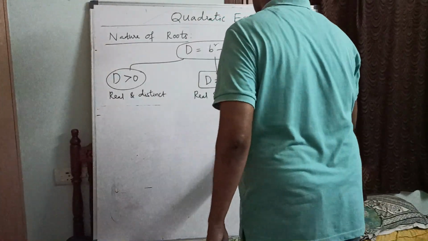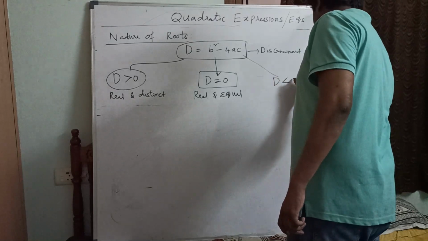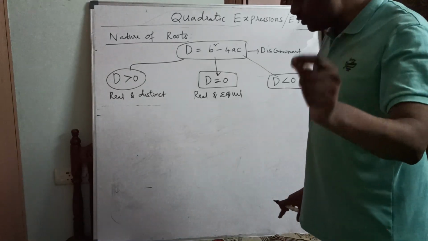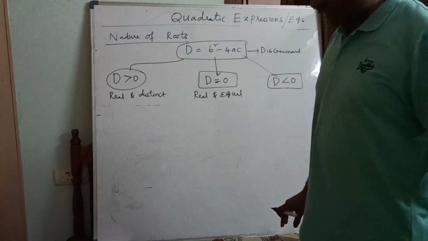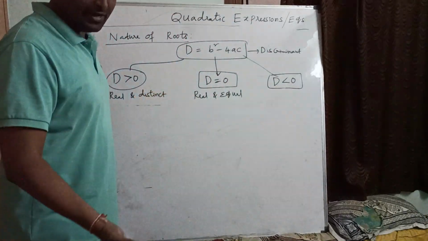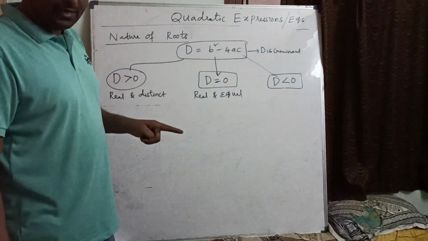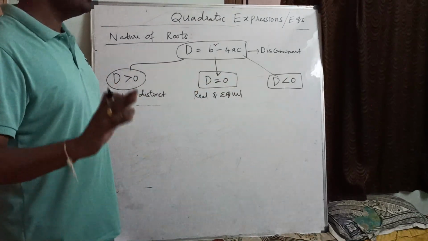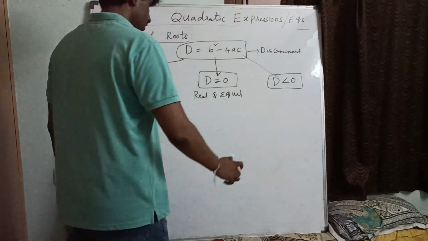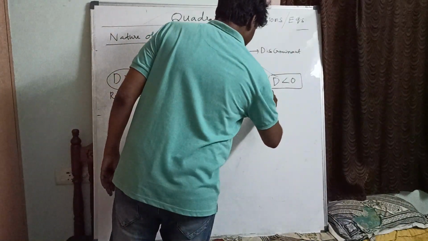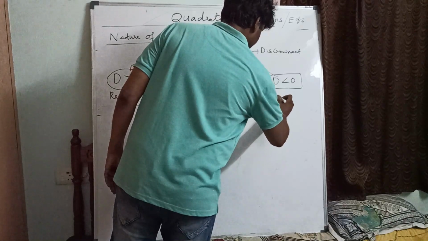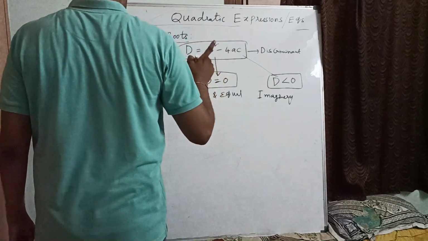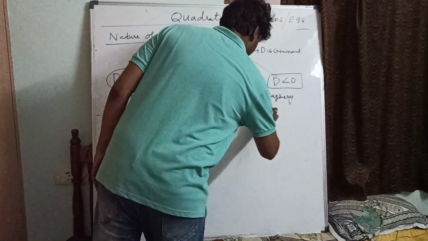And in this case, whenever the discriminant is less than 0, factorization is not possible. We have to go through the formula method. What is that formula? Minus b plus or minus root b square minus 4ac by 2a. We have to apply that formula whenever the discriminant is less than 0, because we are not going to get any real roots. So then roots are imaginary, and we are going to get roots imaginary and conjugate of each other.